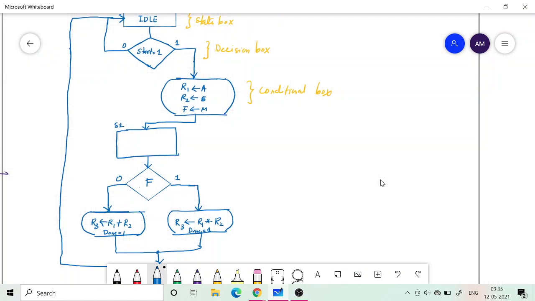Okay, so from the ASM chart, now we need to write the state table and make the design of the control unit.